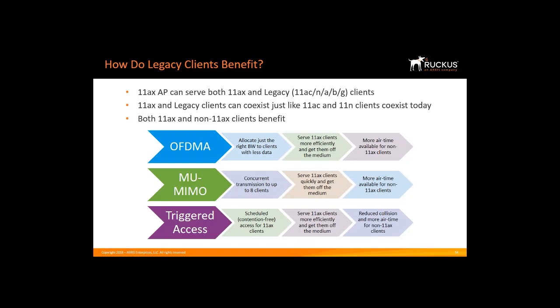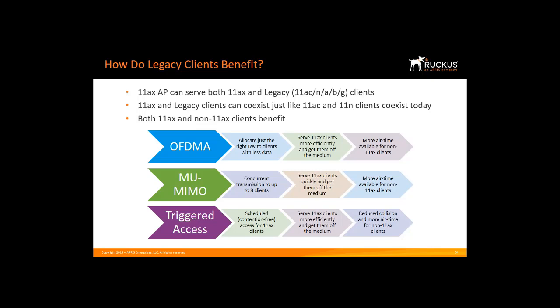This is like the carpool lane. The first two lanes are for our 11ax devices. Let's say 50% of the devices are 11ac and 50% are 11ax. I put all the 11ax devices in the carpool lane, which makes them work more efficiently, and the remaining 11ac clients benefit because I took half the cars from all the lanes, which frees up contention for the 11ac devices. This gives me higher throughput and performance for my network.